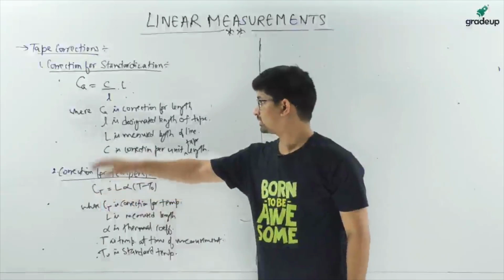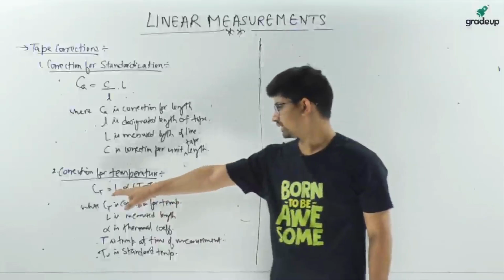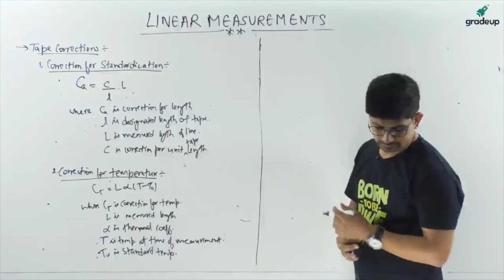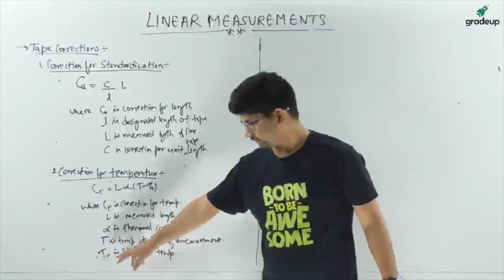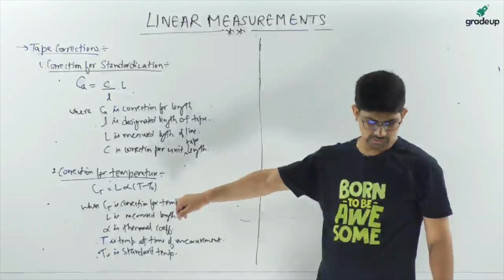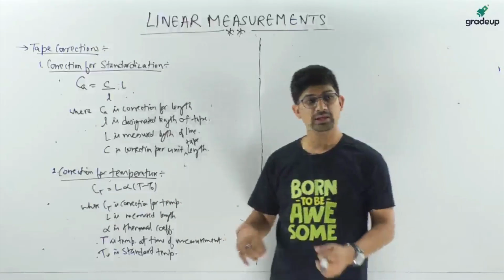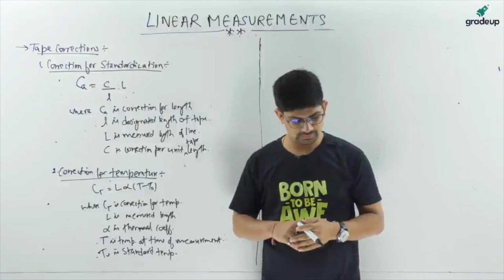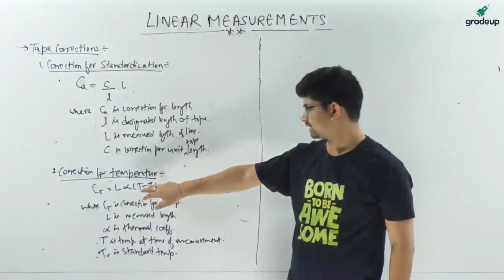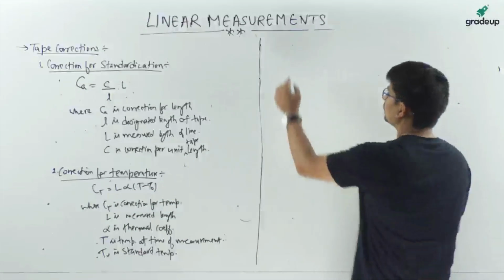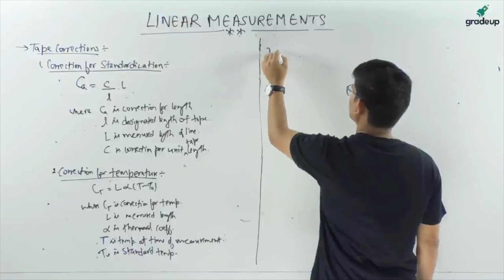So the correction for temperature is Ct is L alpha (T minus T naught). Okay. So here, if T is greater than T naught, the length of tape will increase. So error will be negative and correction will be positive, and vice versa. If T is less than T naught, then the correction will be negative. Okay. So third one,